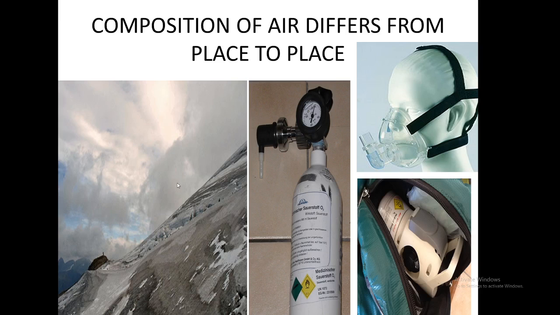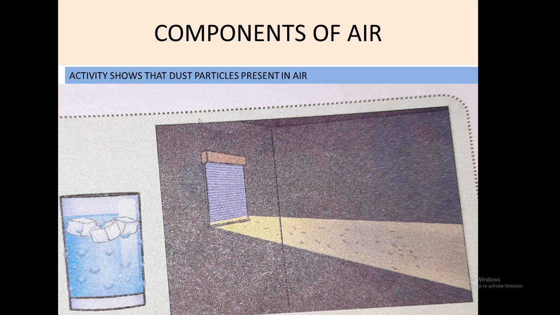Understood now? The next one is an activity that shows the components of the air. That means this shows that water vapor is present in the air. For this, how can we do that? First, take a glass filled with water. Okay, then put some ice in it. Afterwards, you can see the water vapor present in the air condenses to form droplets around